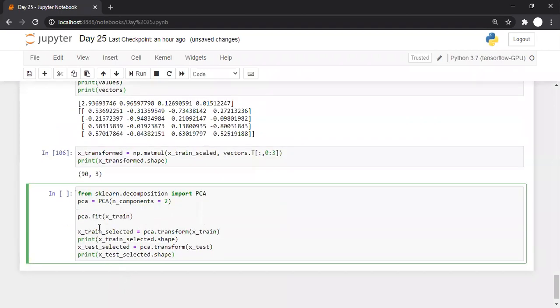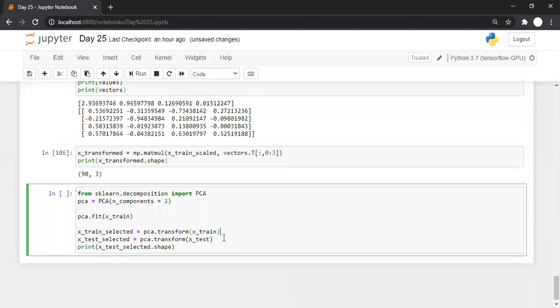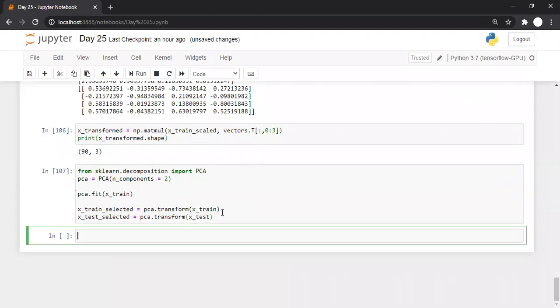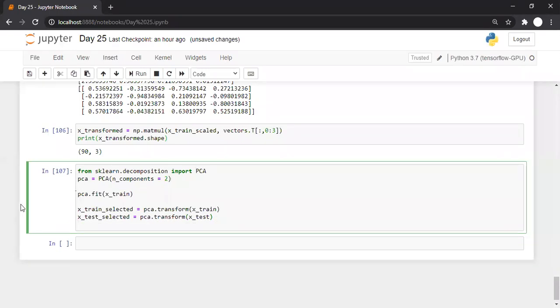We applied PCA on training data; we train the PCA using training data, and then we apply the transformation on training data as well as testing data. We are applying the same transformation on both. And now let us check how it works with logistic regression.